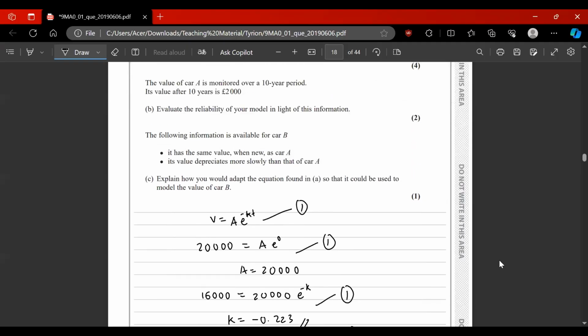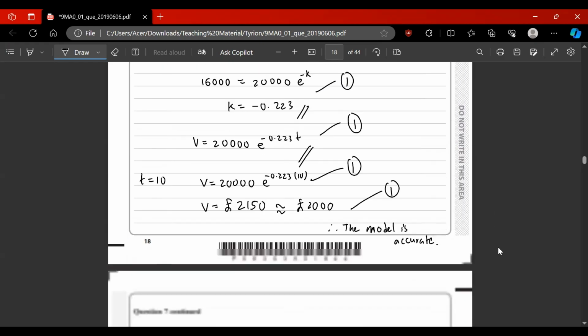And then in the next part here, the following information is available for car B. It has the same value when new as car A. Its value depreciates more slowly than that of car A. Explain how you would adapt the equation found in A so that it could be used to model the value of car B. Here, the important piece of information is that its value depreciates more slowly. That means that the value of k would be less negative. It would still be negative, but the magnitude of it would be less. Therefore, you can mention,